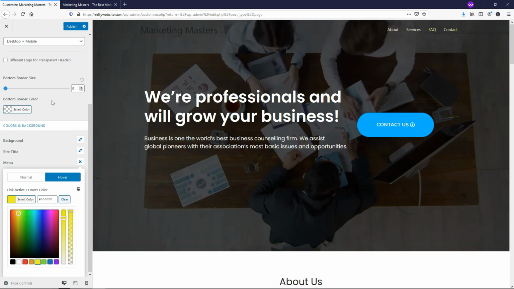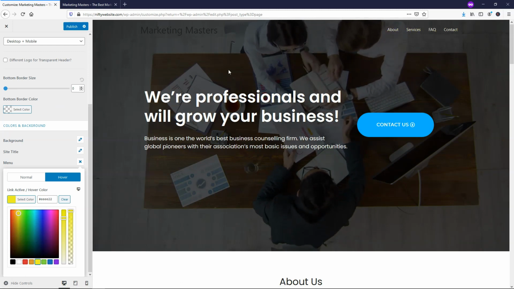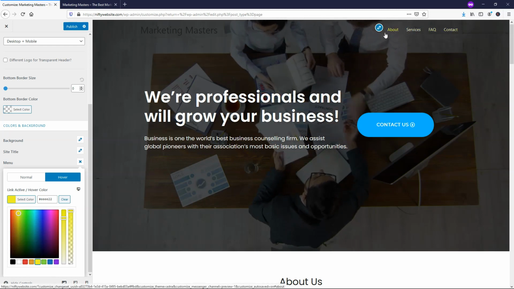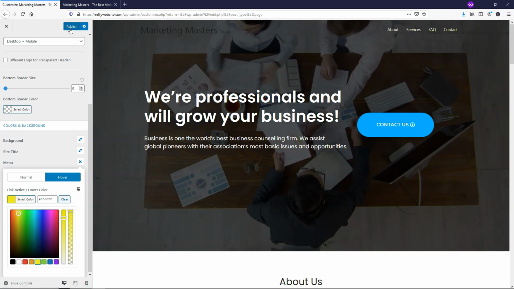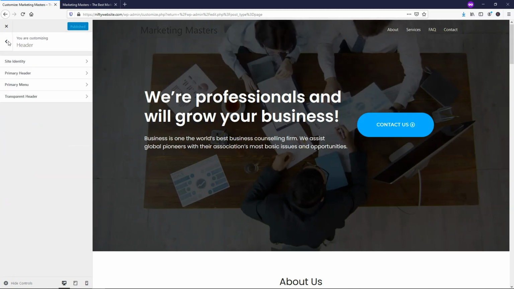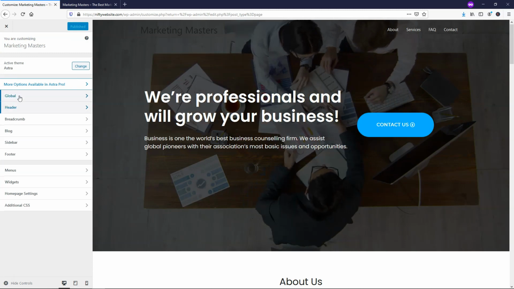I'll make it this yellow, so if we hover over it, you can see the different color link that you're on right here. So it's very nice to see this white on this darker video background here, and that's part of why I made it darker earlier, so you can see this text better, and it also applies to this white text in our menu. I'm going to just click publish right here, and then I'll go back right here with this button and back again, and I'll go over to where it says global